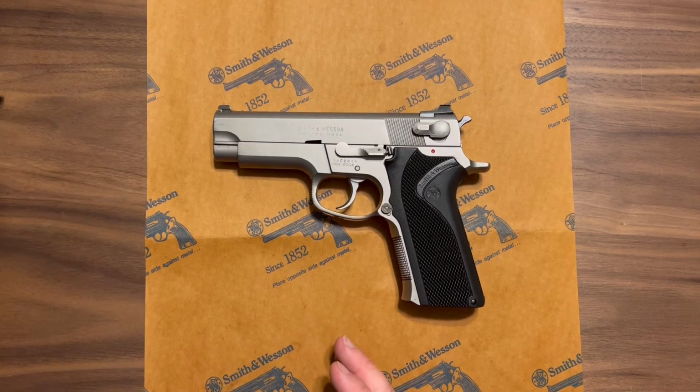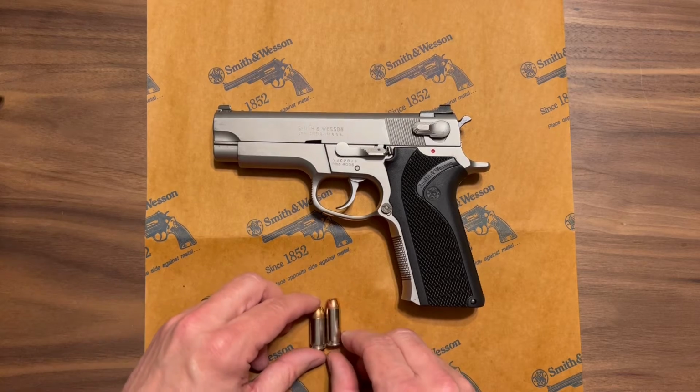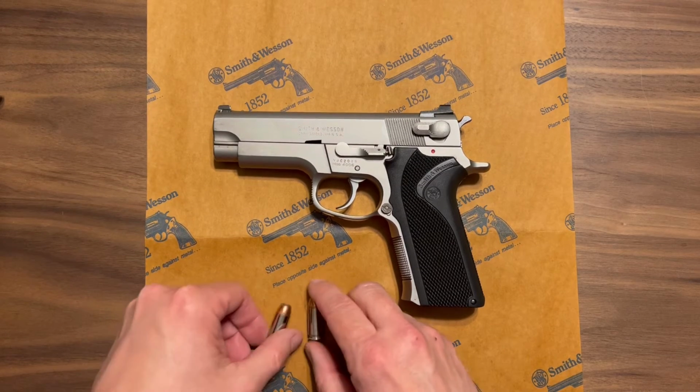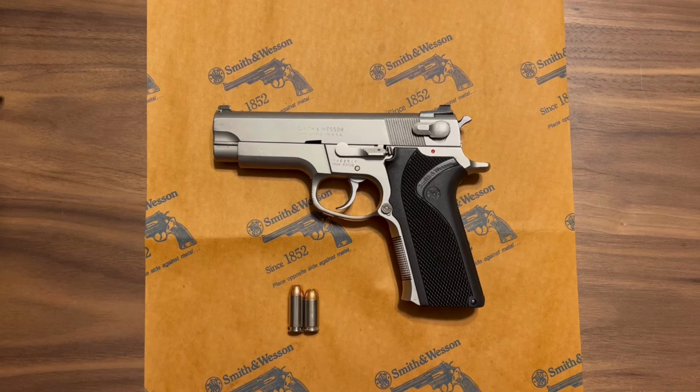And if you're interested in what these look like, I'll put the two cartridges here. I'll put the 10 millimeter on the left and the 40 on the right. And you can see the 40 is definitely smaller. And a lot of times you'll hear the 40 referred to as a neck down 10 millimeter. And that's true. Now, we're obviously oversimplifying all of the engineering and ballistics capability and everything that needed to go